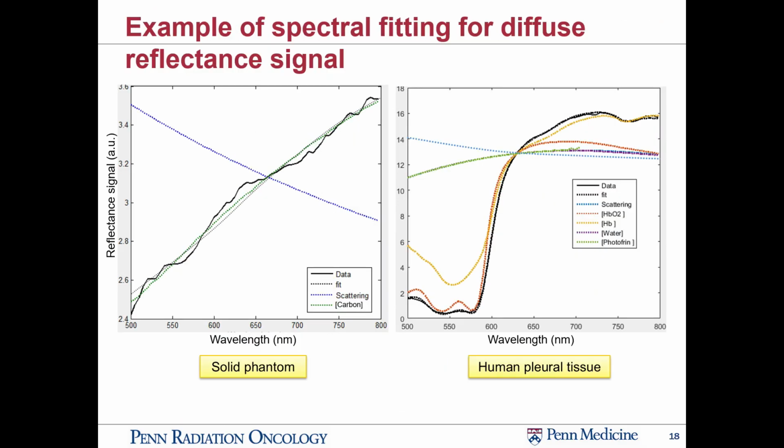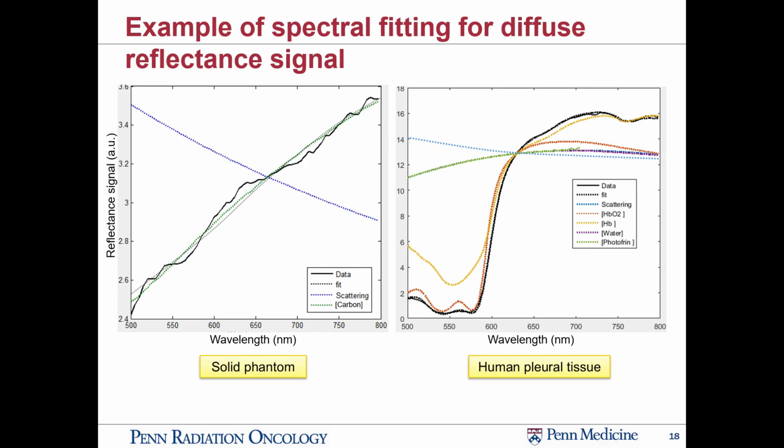And these are the components. Our solid phantom components shown here are mu s prime and the absorption for carbon. This is only one component here. And here are several components in our clinical cases, where you have deoxyhemoglobin, you have water, you have